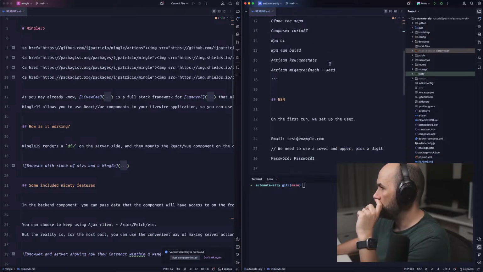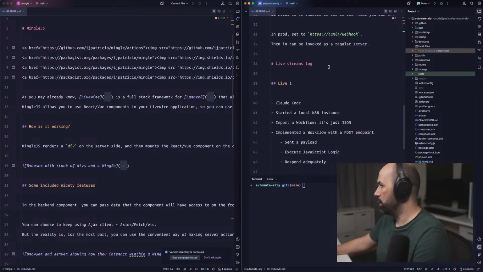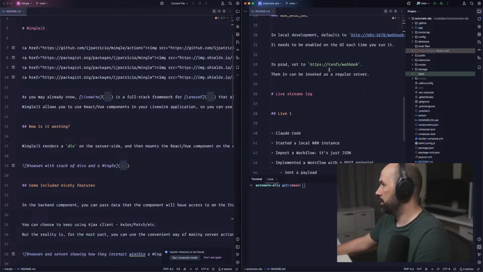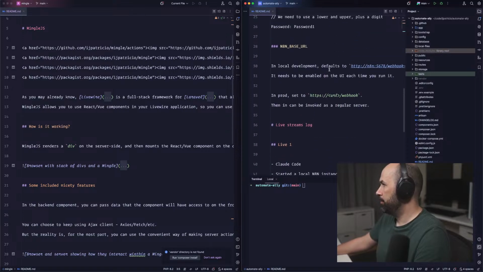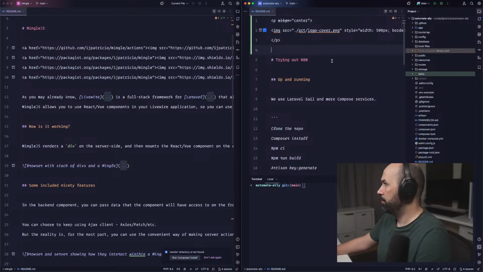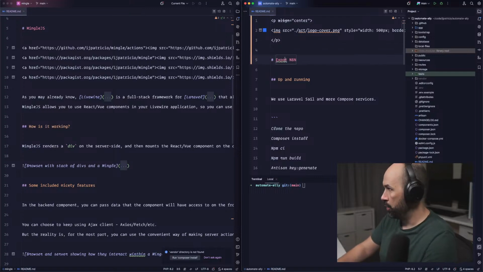We are not only trying N8N, we are exploring N8N and integrating it with a Laravel backend.